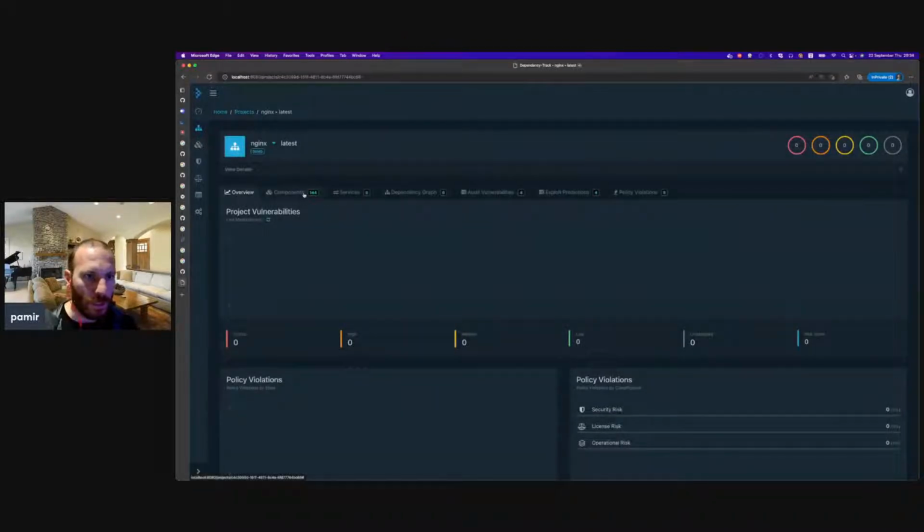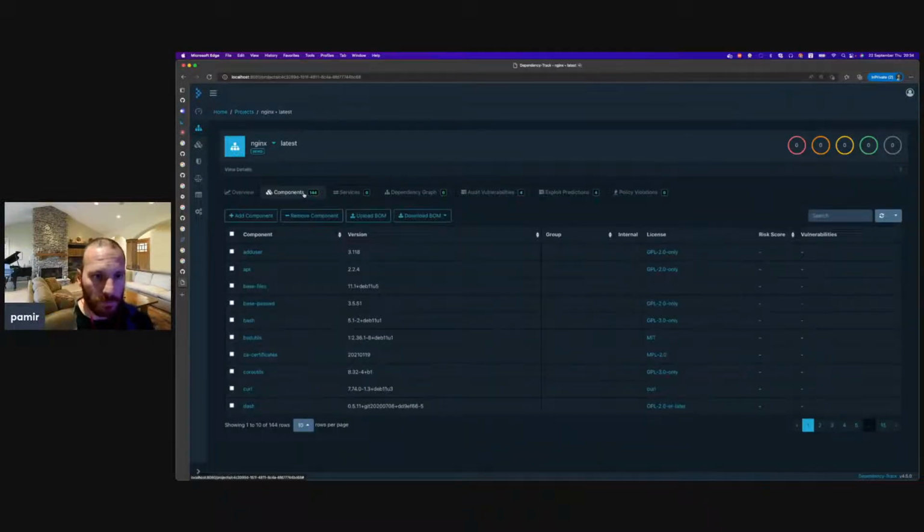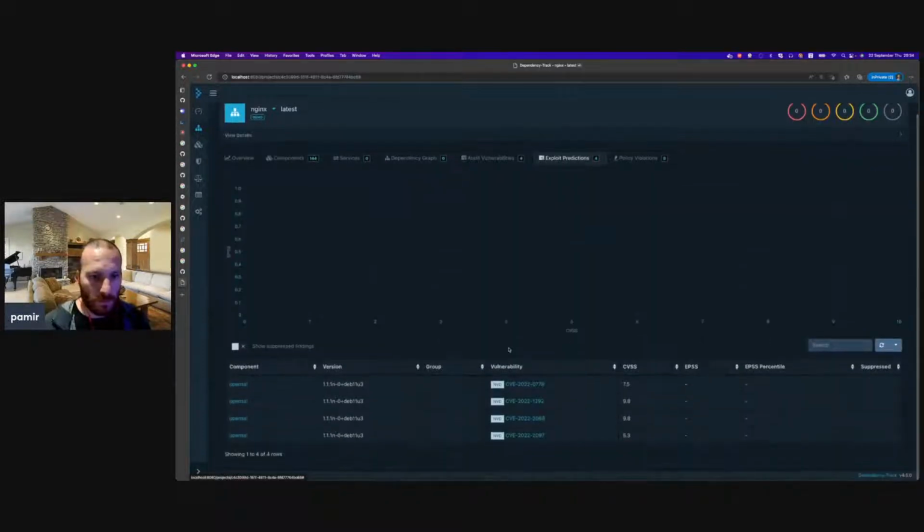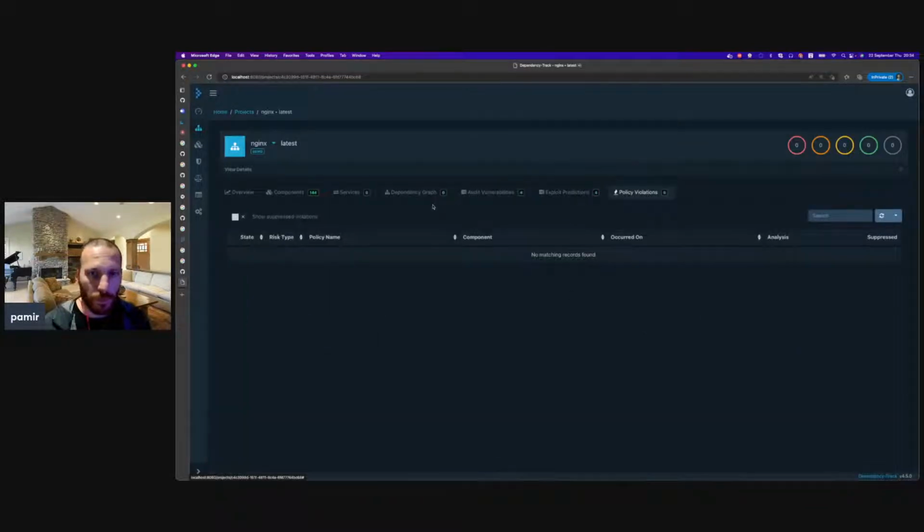So as you can see, I have 144 components in here. And I have the license information in here and exploit predictions. And it shows me the possible exploits in here. Right now, maybe I don't have policy violations, but what I'm going to do is I'm